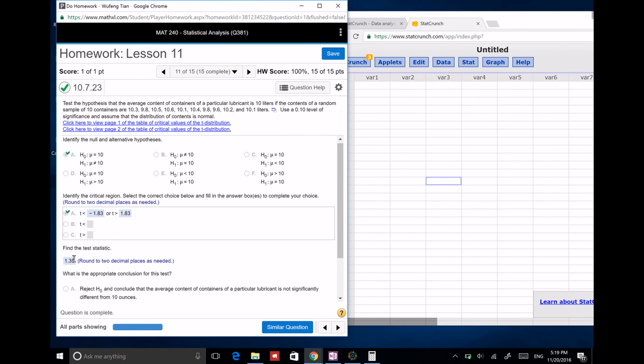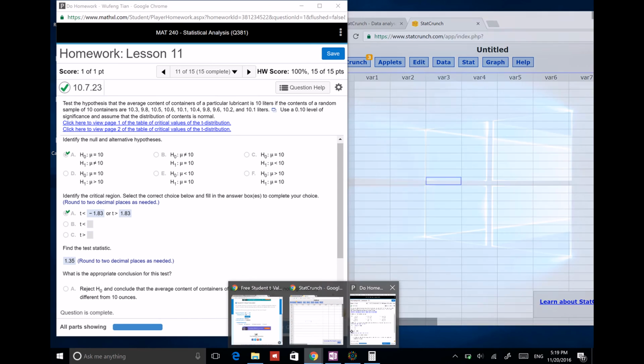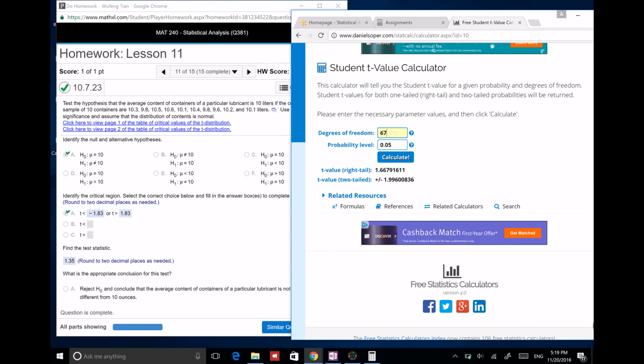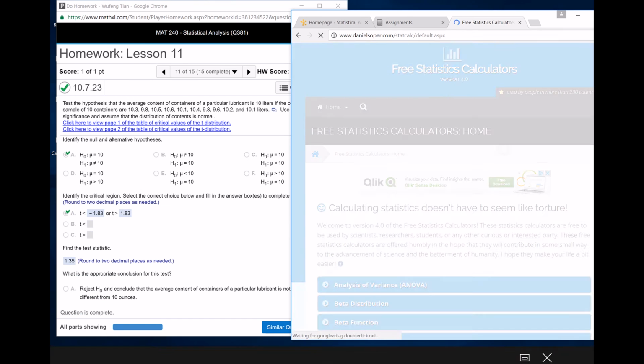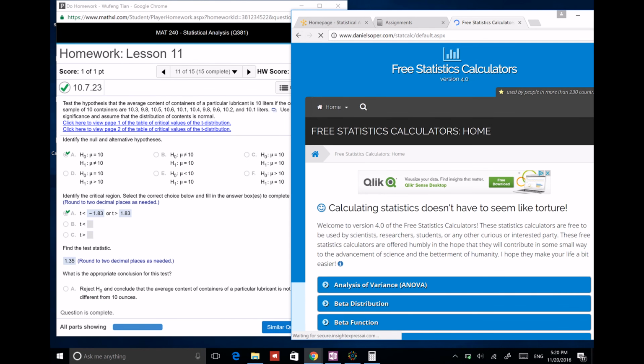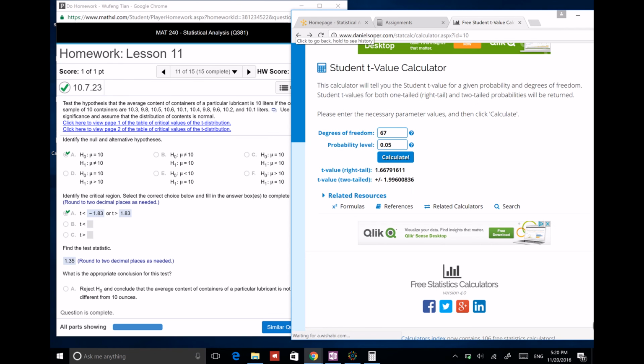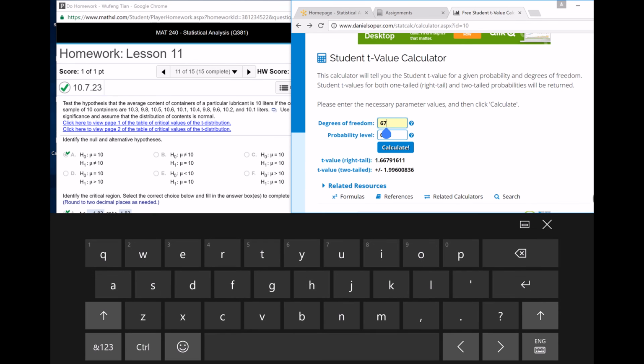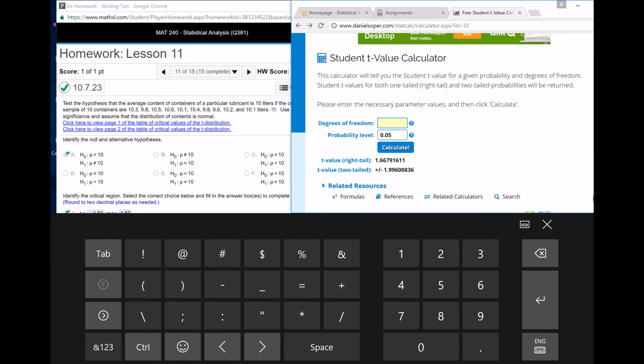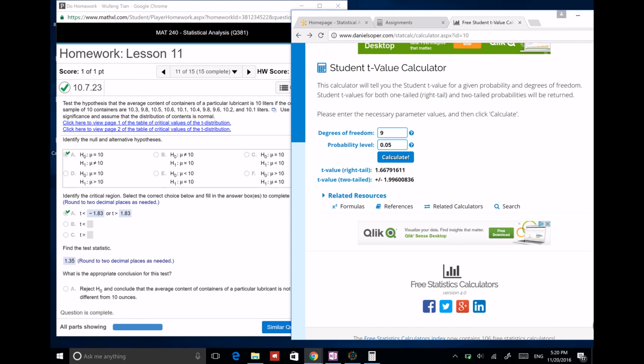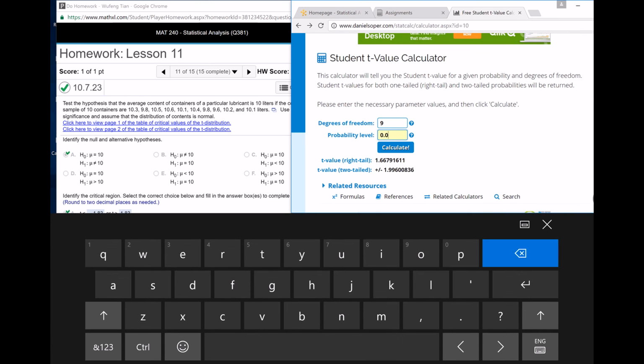you have the t-test, the test statistic. This one you need to find a critical value. What you need to do, you still have to use that calculator. You type in, since there are 10 numbers, the degrees of freedom is 9, and it's 0.1 level. So you type in 0.1,